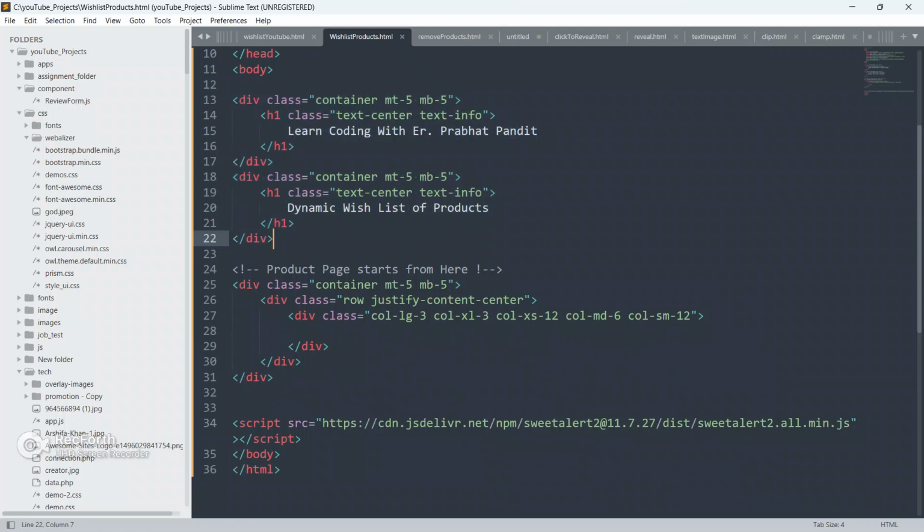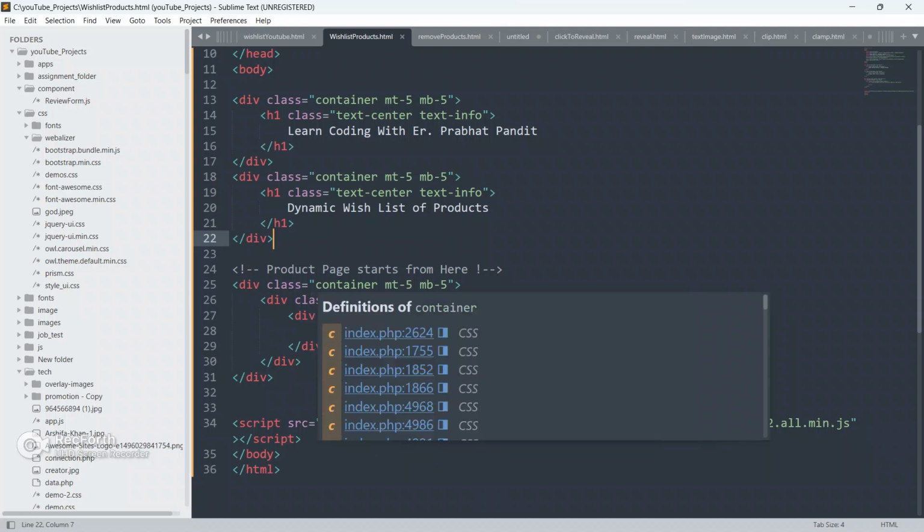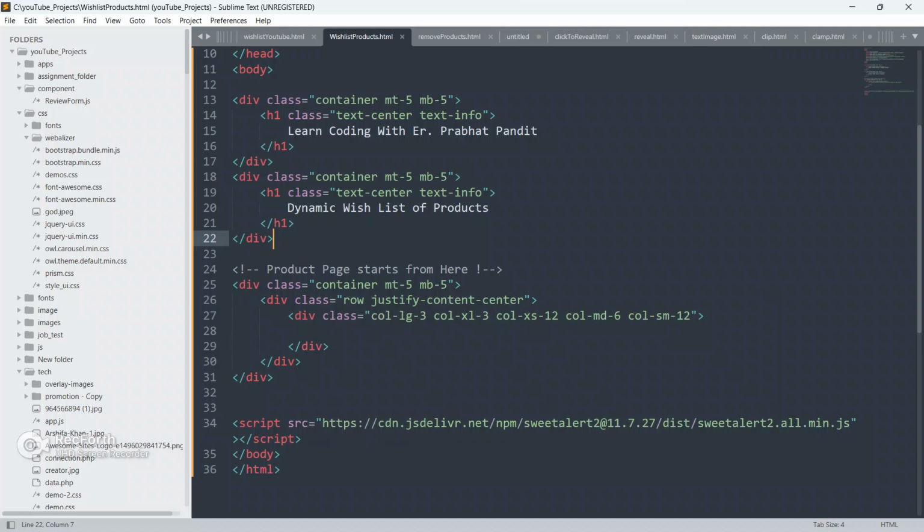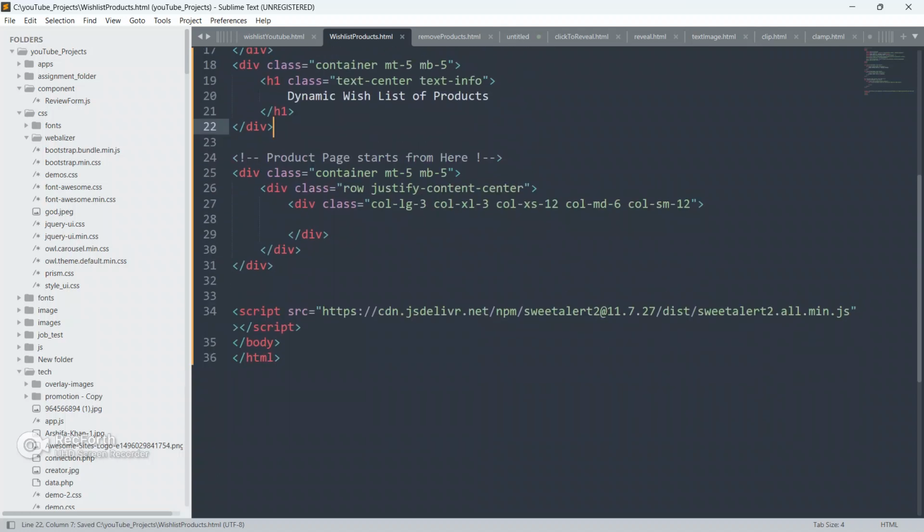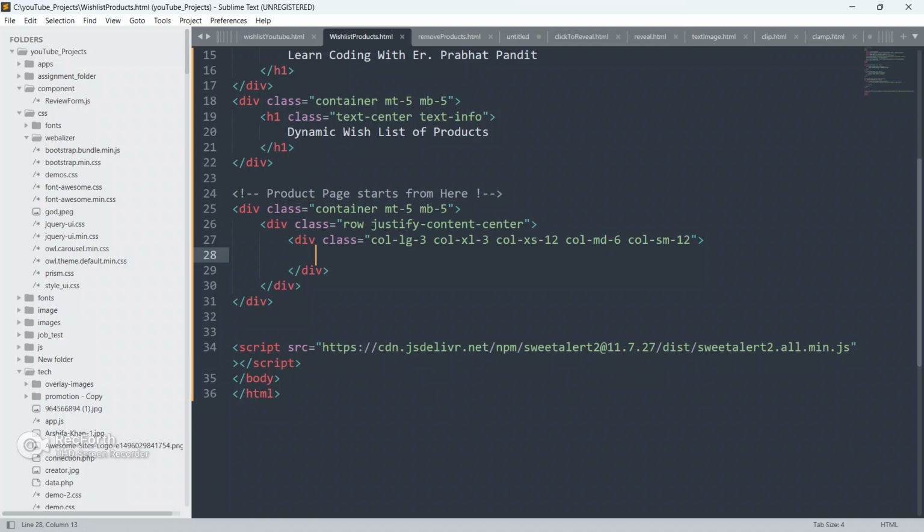Wherever I am using classes, I am using bootstrap predefined classes. As you can see, these all classes are predefined bootstrap classes. So yes guys, we will write our own CSS also, but just to save our time I am doing this, and it's a good practice guys to learn bootstrap, to learn Tailwind also, so that it is gonna fast forward your development. Rapid development can be achieved by using predefined classes. That's why I am using bootstrap predefined classes in this tutorial, in this session also.